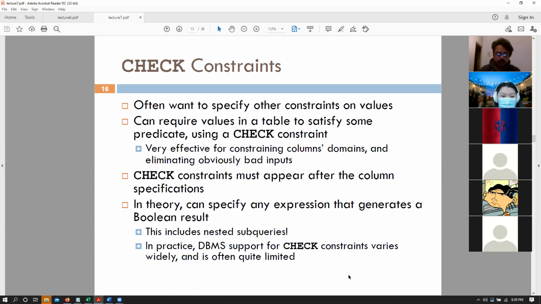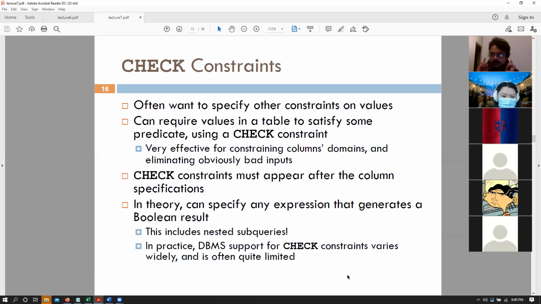Good. Okay. So apart from null constraints, we can also have some other constraints such as the check constraint. So maybe we want our attribute to have values that belong to a certain set of values. Maybe we want branch names that are only from the selected list of branch names. I don't want any arbitrary branch names in my table.